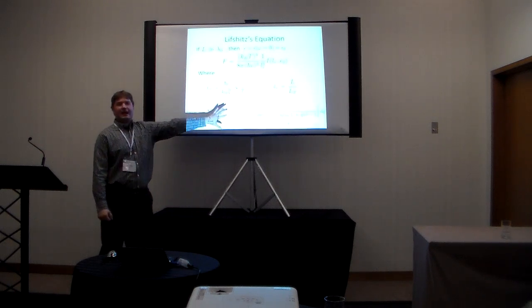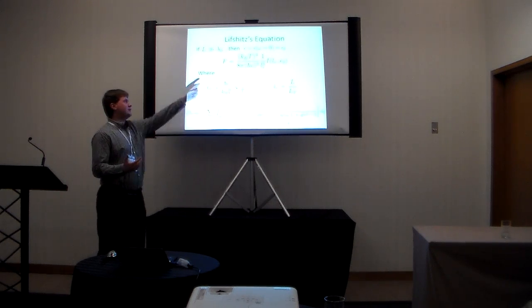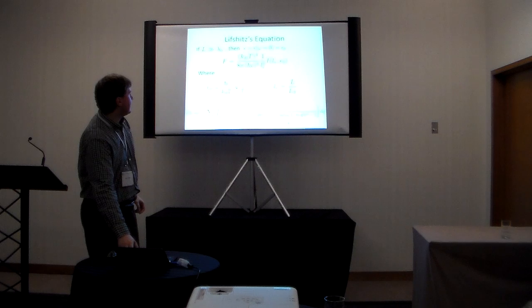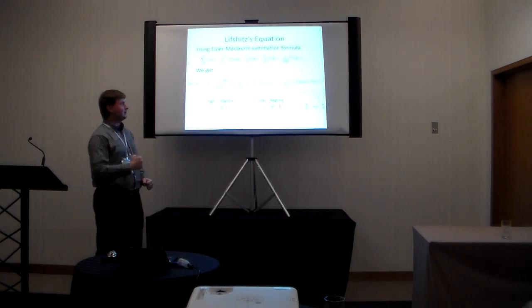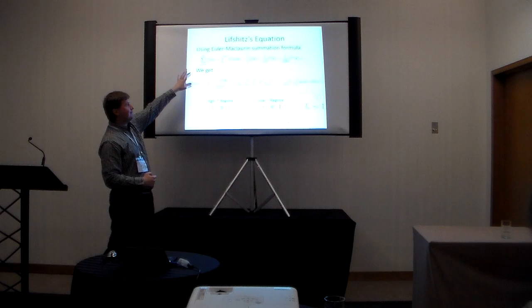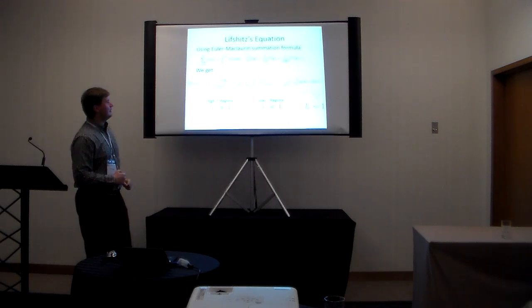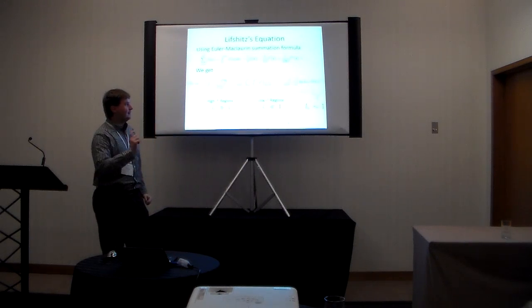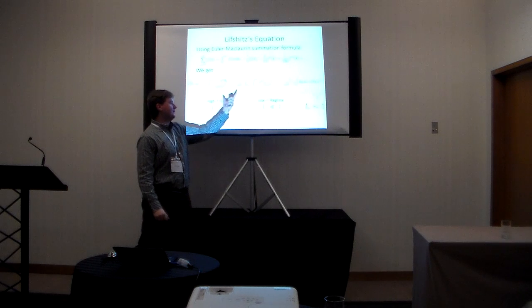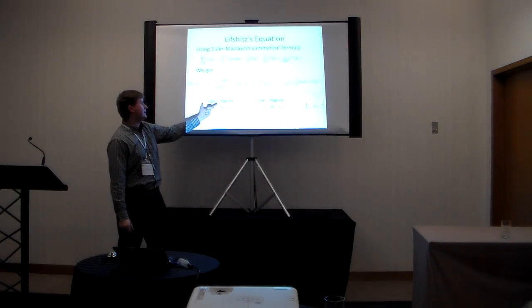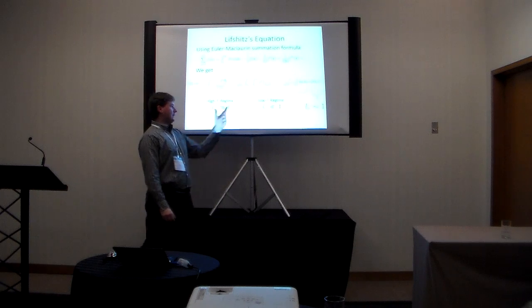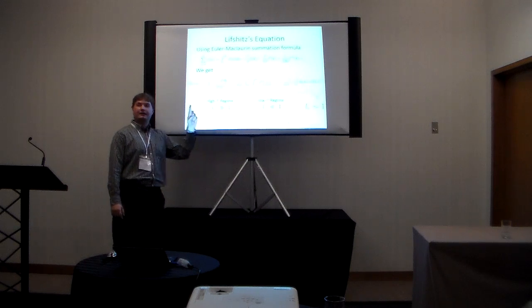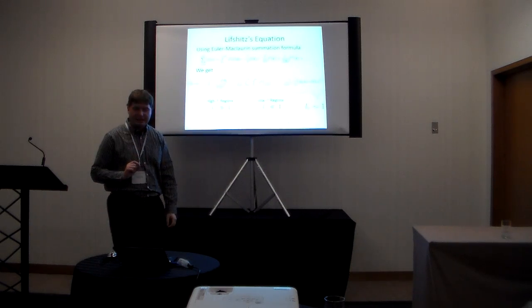Now, even with this equation, it's not very clear how the force is related to the temperature and the length. So, to make that more clear, I've decided to try to use the Euler-Maclaurin summation formula. If you take that formula and apply it in this case, you can rewrite I as these terms. And here's the interesting part. If you look at each term, I gave these two a name: I call this one the high temperature regime and the low temperature regime. And each regime is significant depending on the size of the length ratio. So let's look at each case